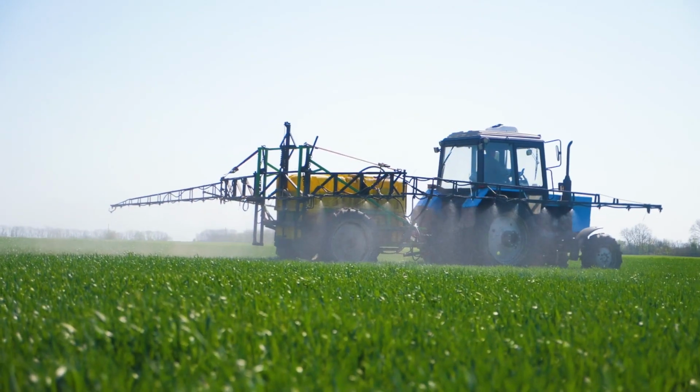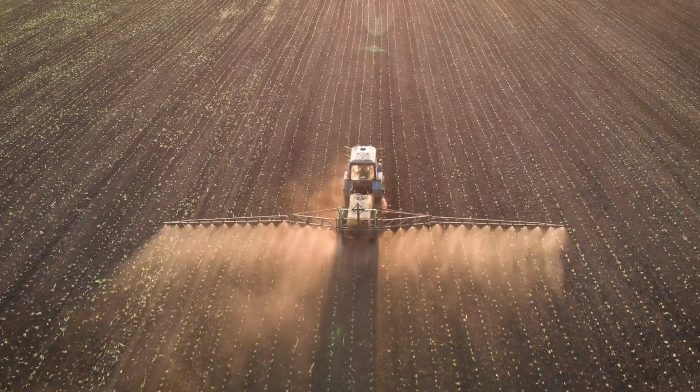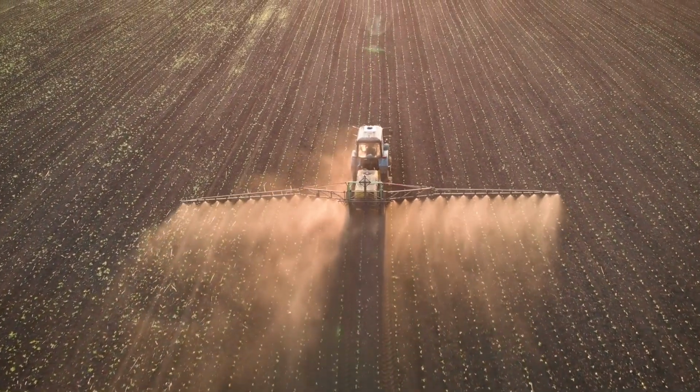So under this new point system, instead of just following the simple application procedures of labels like we used to, they're going to have to look at each of the pesticides and the type of crop that they're going to be applying that pesticide on. And for that herbicide, it's going to be assigned a specific number of points. To apply that herbicide on the field, the farmers are going to need to comply with whatever number of points